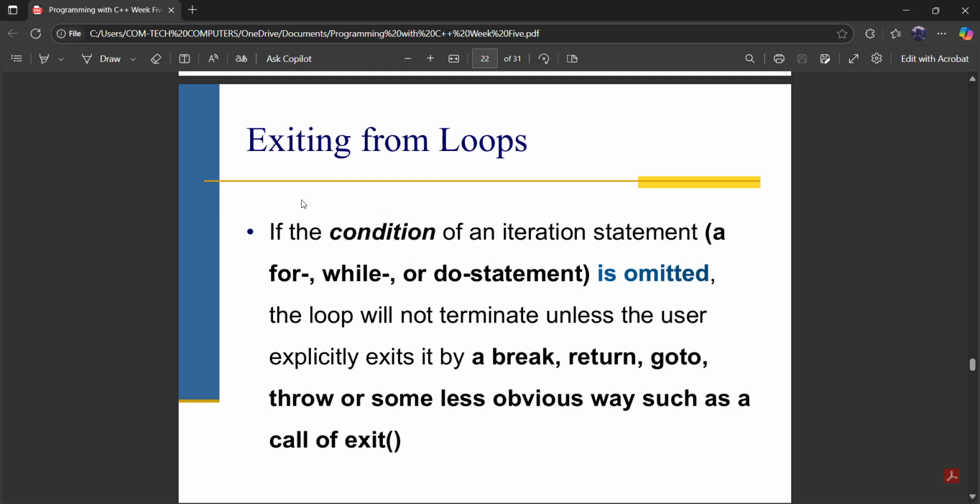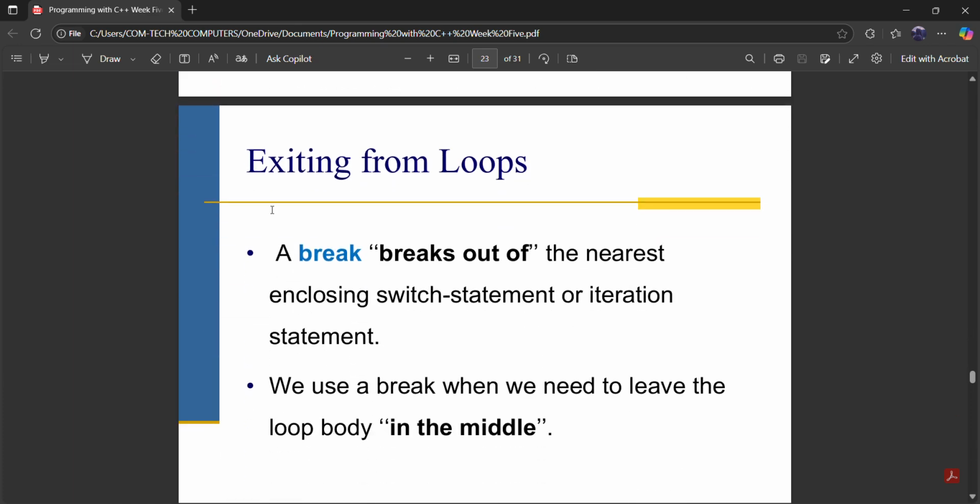So first of all, you can use the break statement. The break immediately stops the entire loop and continues execution after the loop. The break can be used in the for, the while, and the do while, and also switch. Yes, we saw that in switch, that's where we use the break. So break can also be used in the for, the while, and the do while as well. So an example is